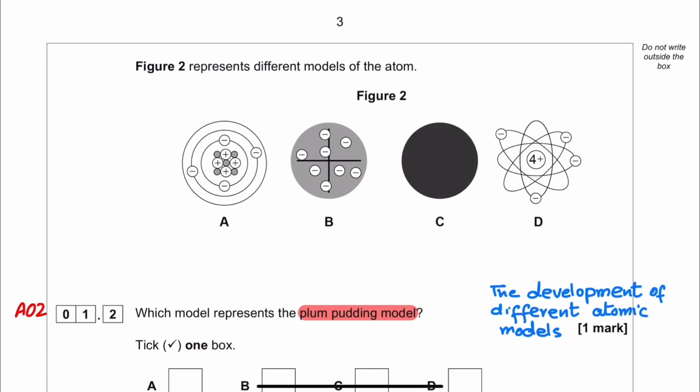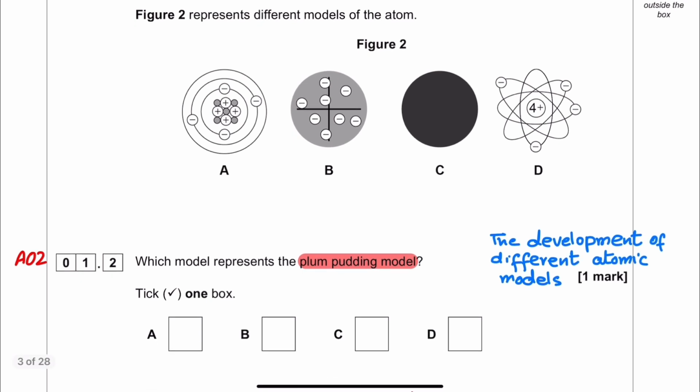Figure number 2 represents different models of atom: A, B, C, and D. 1.2 is an AO2 question. Which model represents the plum pudding model? This question is from the development of different atomic models. The student must know about the plum pudding model and apply the knowledge to figure out which figure represents it. The concept of the plum pudding model is that the atom is like a sphere, which is a positive charge sphere, whereas